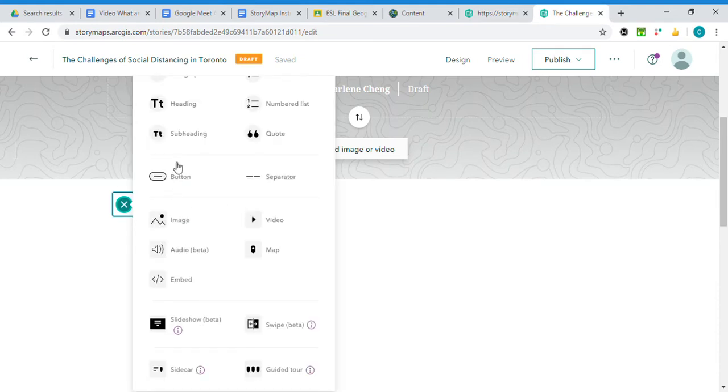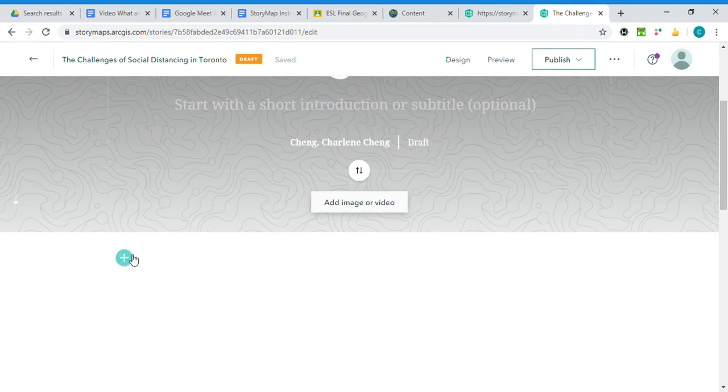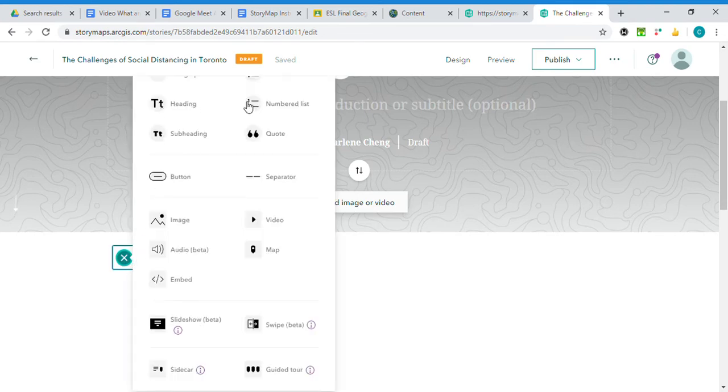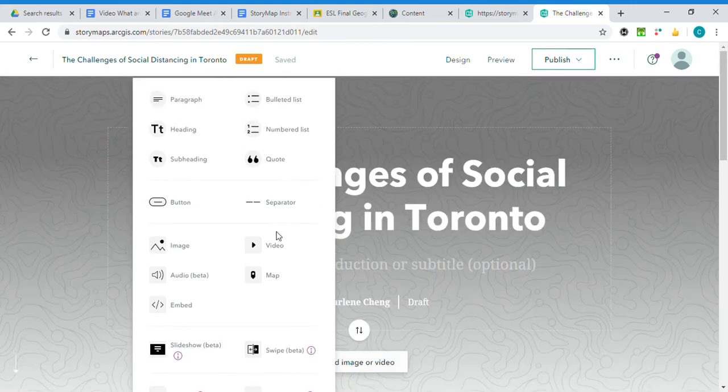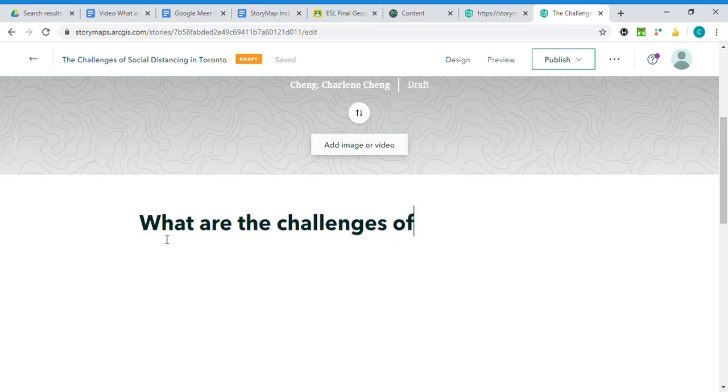Here, I'm going to create that with a heading. In order to get anything on a story map, you just click your mouse and you'll see this blue plus sign, and it has all the different types of features that you can do in your story map. So I want to create a heading. I'm going to go there, and that makes my letters bigger. And I'm going to say, what are the challenges of social